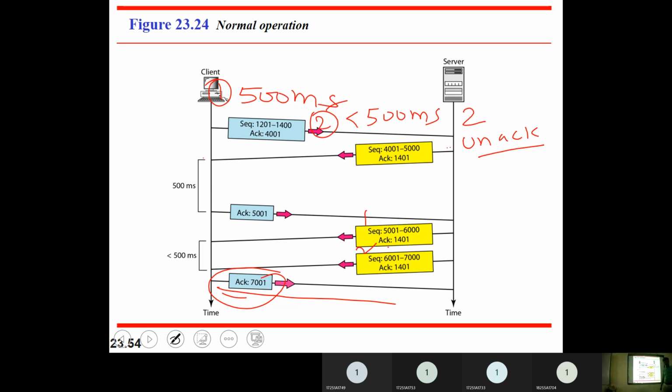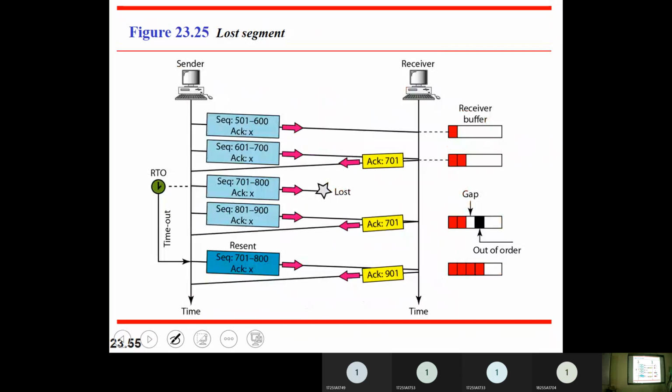Like you need to wait 500 milliseconds to send an acknowledgement, but if I have two unacknowledged segments available, there is an exception where before 500 milliseconds itself you can send an acknowledgement. Okay, those are the rules we have. Similarly, we also have some other rules.